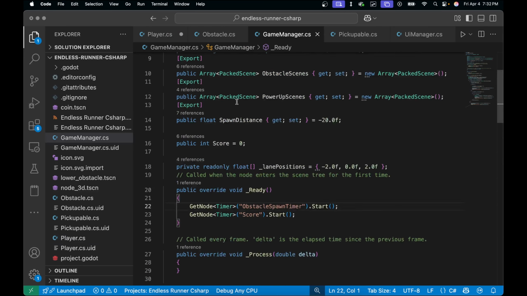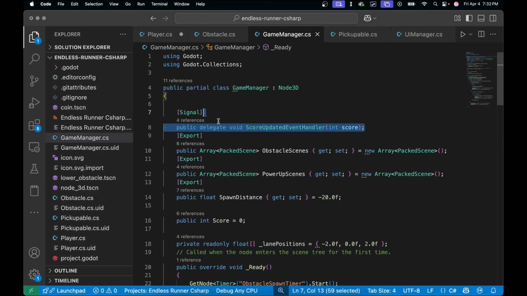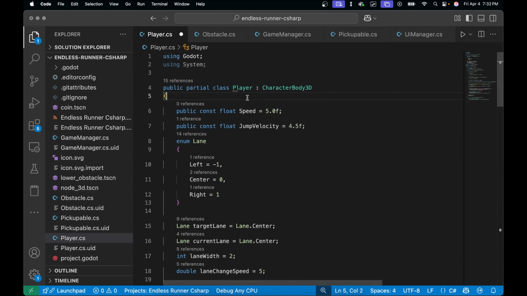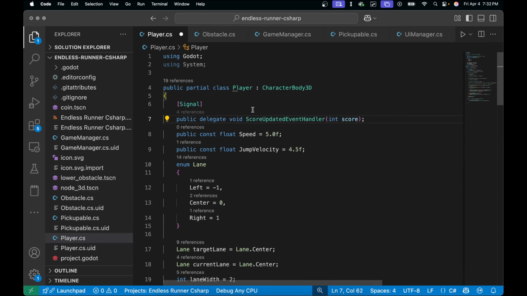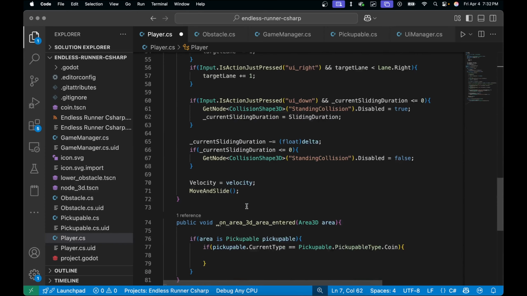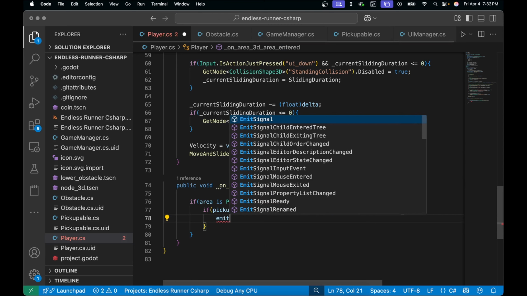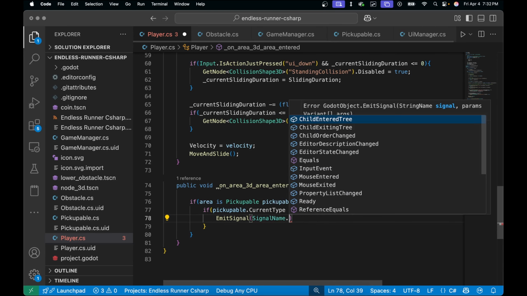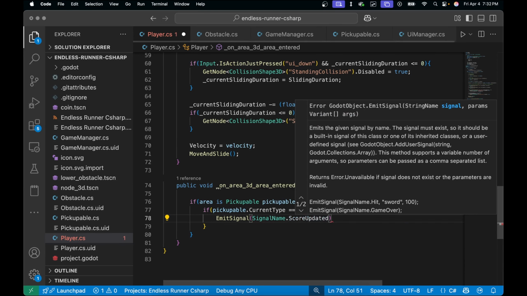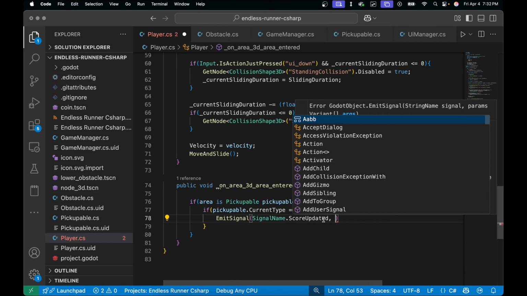Well, just like the game manager, we can just create a signal. So I'll just grab this guy, Control C, go up to our player, go to the top, enter, paste that bad boy in, scroll down here, and then come in here and say emit signal, signal name.score updated, comma,